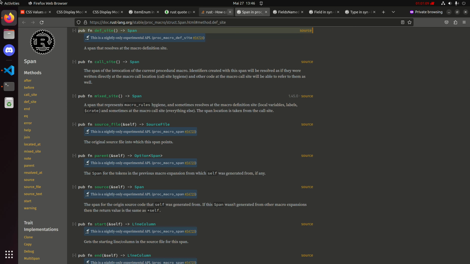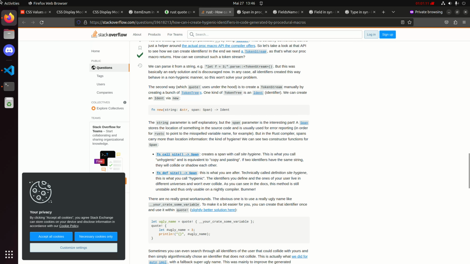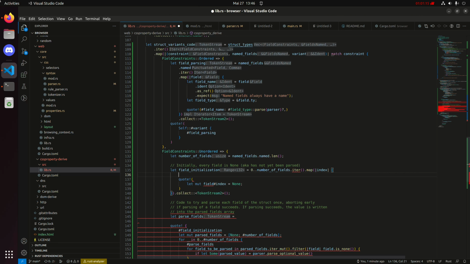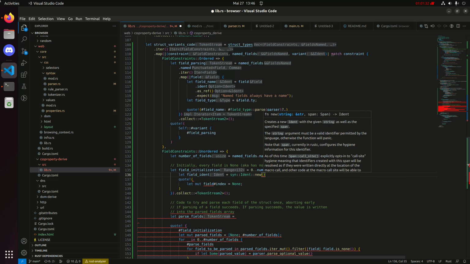It is not stable. But I'm not scared of nightly compilers. I mean, the whole browser builds on nightly anyway, so I guess I can use the new syntax. Syn ident new, and I have a